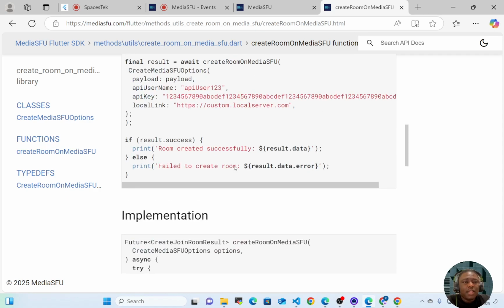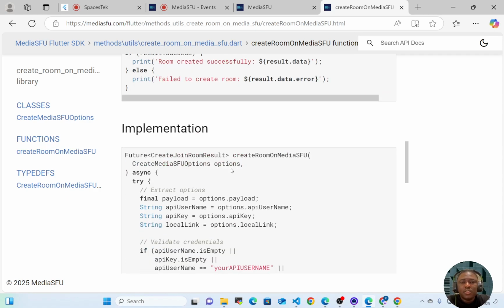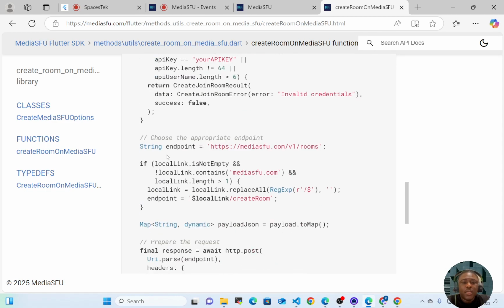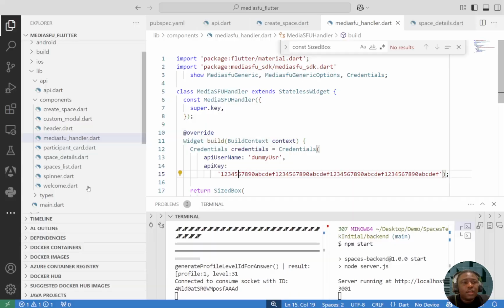So ideally a similar function to create room on MediaSFU.com will be something that just takes a payload and then sends it to your, sorry, it'll be something that calls MediaSFU.com with whatever payload that is sent, and then just returns the result as implemented. So basically in our MediaSFU handler,